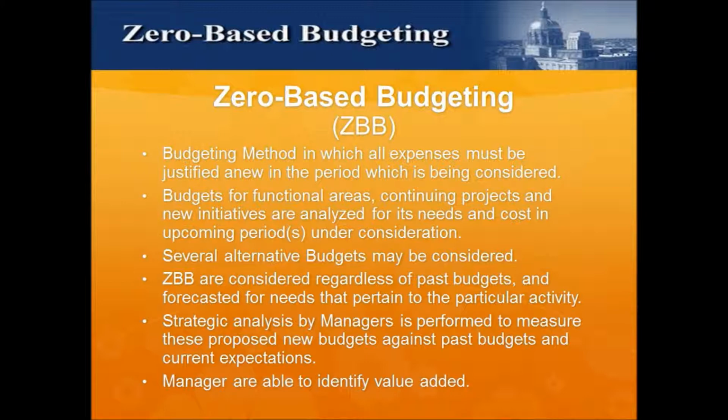ZBB allows for top-level strategic goals to be implemented in the budgeting process by tying them to specific functional areas of the organization, where costs can be first grouped and measured against previous results and current applications. This also allows managers to identify